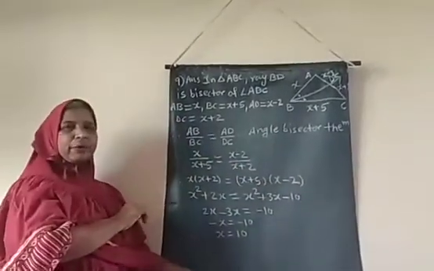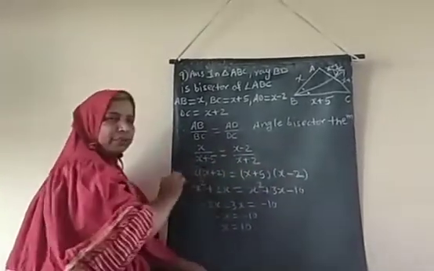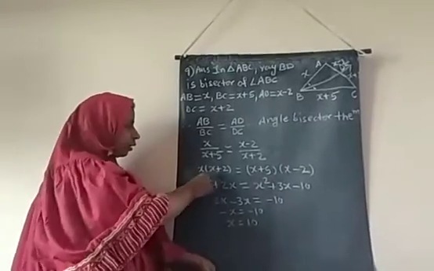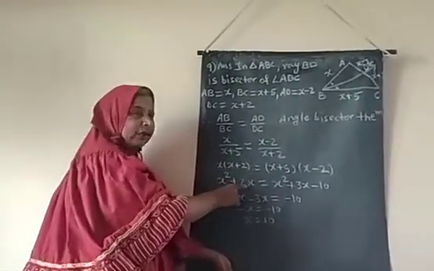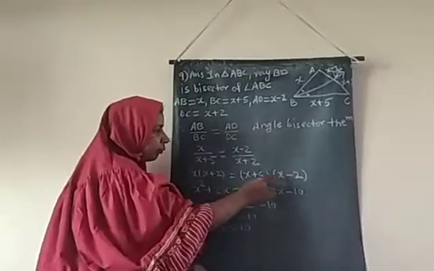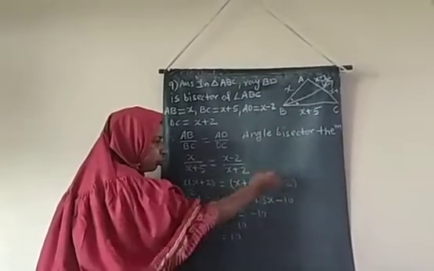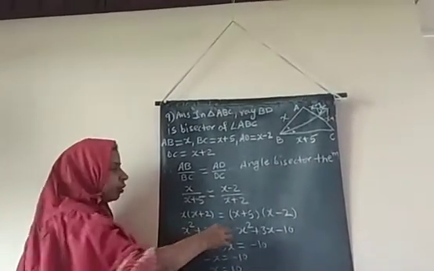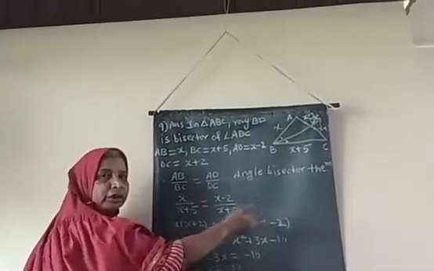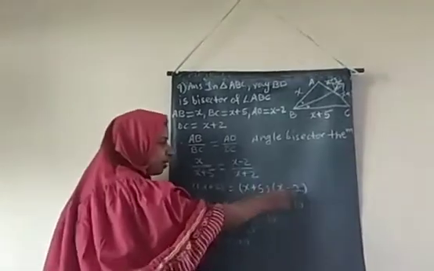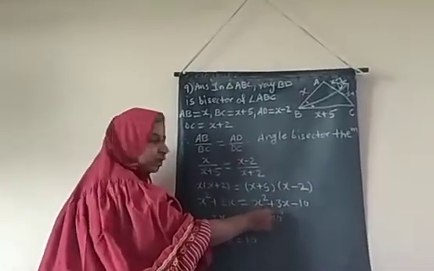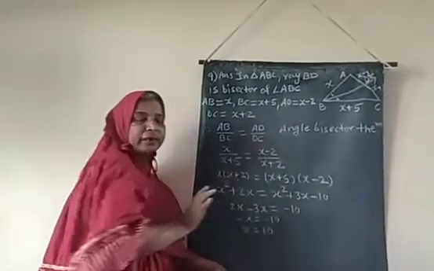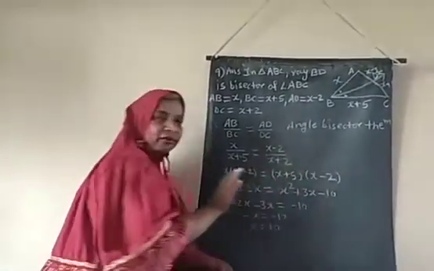These two brackets are multiplied. Now after cross multiplication, solve the brackets. x multiplied by x, the product is x square, plus x multiplied by 2, 2x, is equal to x square, 5x minus 2x. The x variables are the same and the powers are the same, so there is a combination between the two same powers: 5 minus 2 gives 3x, so the middle term is 3x, and plus 5 multiplied by minus 2, the product is minus 10. So you know how to solve the brackets.